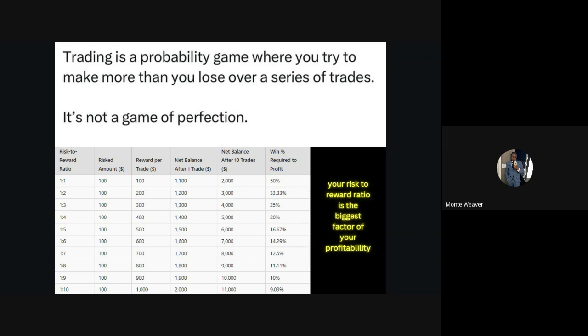If you have a 1-to-4 risk to reward ratio, you only need to win 20% of your trades. If you have 1-to-5, you only need to win 16%. 1-to-7, 12.5%. Now, please, somebody tell me, when could you take a test in school and get a 16% or a 20% and still pass? Never. We never could do that. Trading and investing is different. We have to play a game. We are okay. We are investing.